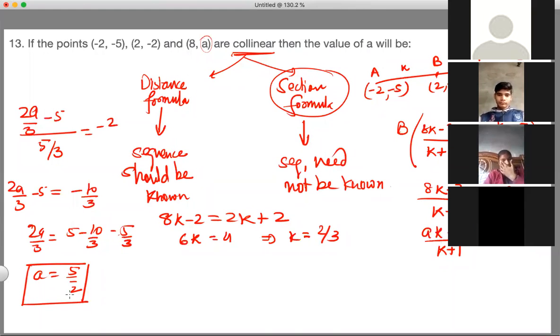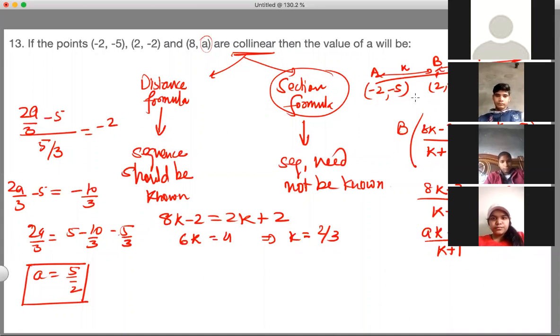ठीक है, ऑल्टरनेटिवली आप इस इक्वेशन को डिस्टेंस फॉर्मूला से भी कर सकते हैं। यू कैन फाइंड द डिस्टेंस बिटवीन दीज 2 पॉइंट्स and you can then find the distance between these 2 points and equate the sum of those to distance between these. Okay, but you will have to deal with the squares there. That's the square and square root. वो थोड़ा मुश्किल होता है। हाँ बोलिए। लेकिन जो आपने -10/3 लिखा है, ये तो 6/5 आना चाहिए ना।